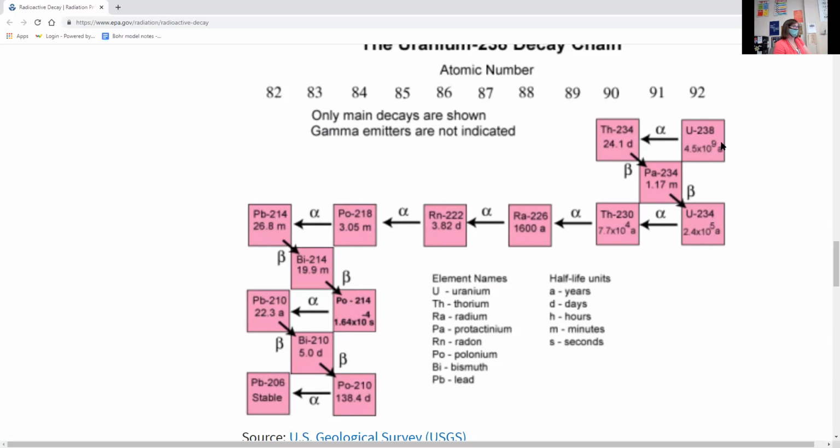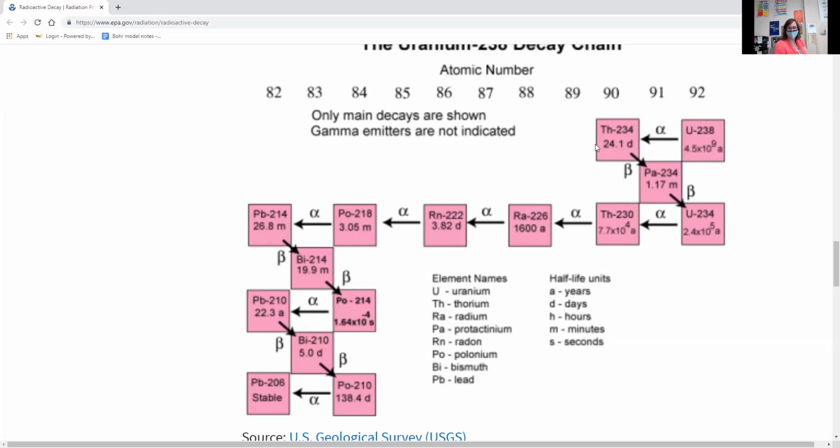And so we've had maybe one half-life of uranium on Earth, which means that the amount of uranium on Earth right now is only half of what it was when our Earth formed. So there's still a lot of uranium left to go. So it has a long half-life. And then when the uranium atoms, which remember, it doesn't take them all 4.5 billion years to go, when they alpha decay, they make